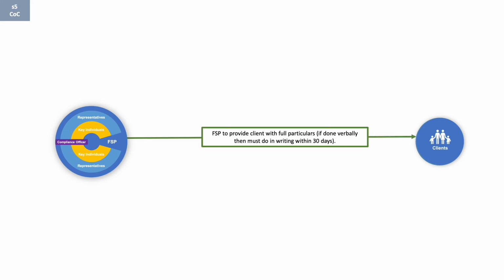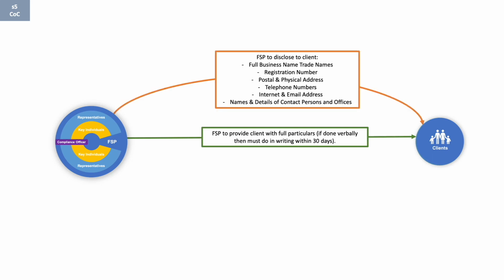The FSP is to provide the client with full particulars of the information we are going to discuss. If this information is provided verbally, then the FSP must provide it in writing within 30 days. The FSP is to disclose to the client its full business names and trade names, its registration number, its postal and physical address,